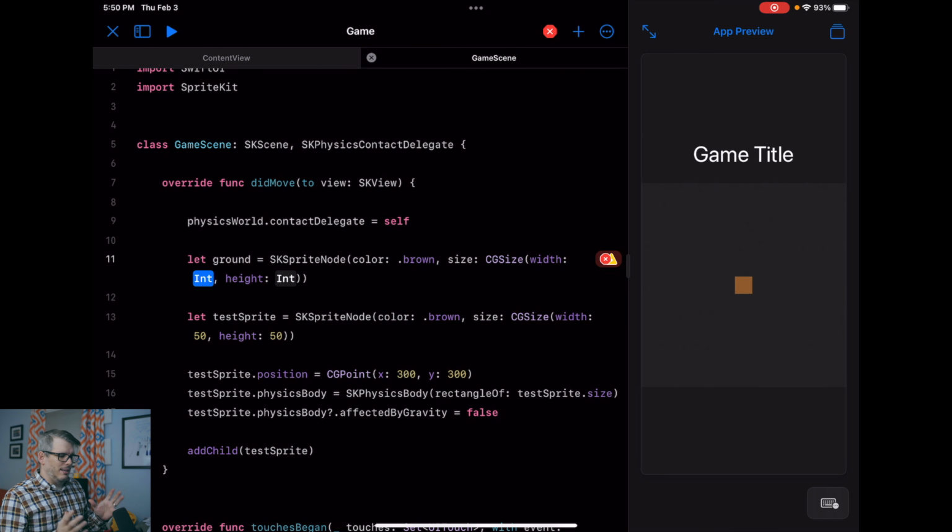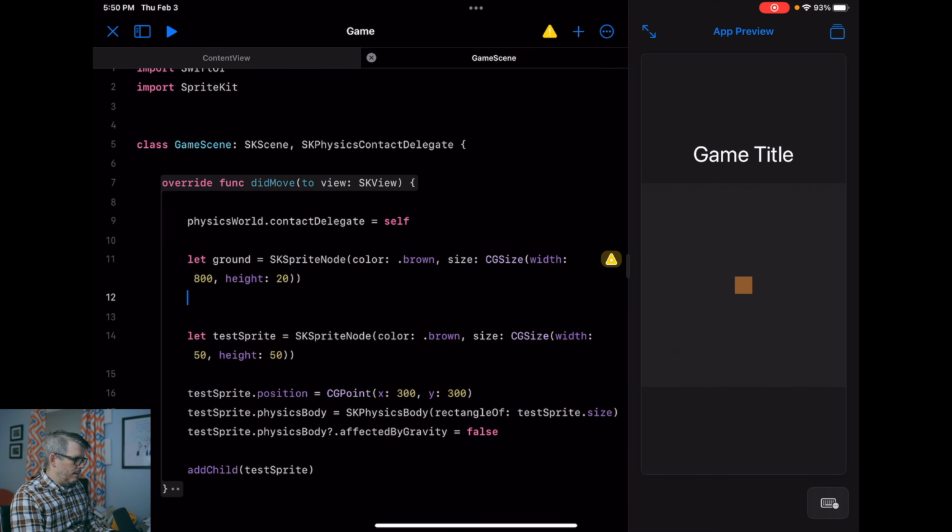But this again is just an introduction into Swift Playgrounds to show you how powerful it is and how you can use it if you so choose. So I'm going to do, maybe let's do 8,000, wait, it's probably too big, 800 by, let's do 20. And it shouldn't actually need a position because it's going to default to the bottom, but let's give it a